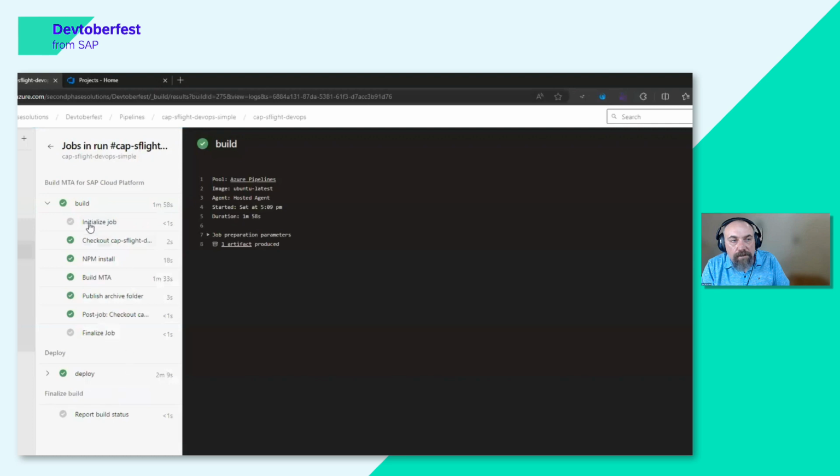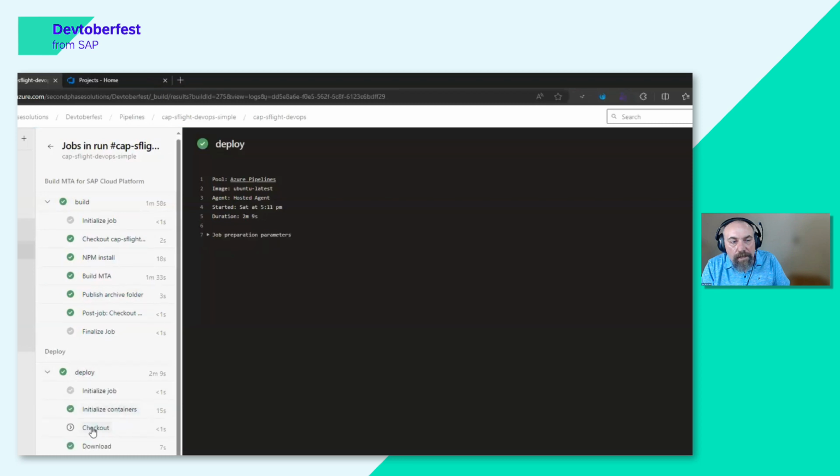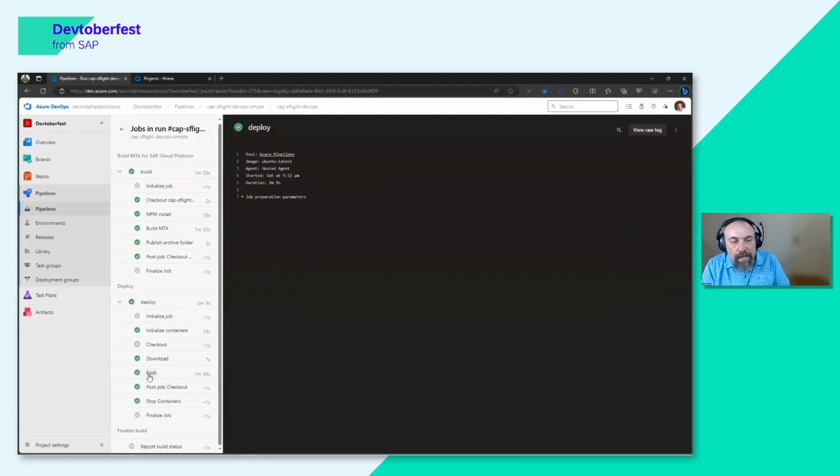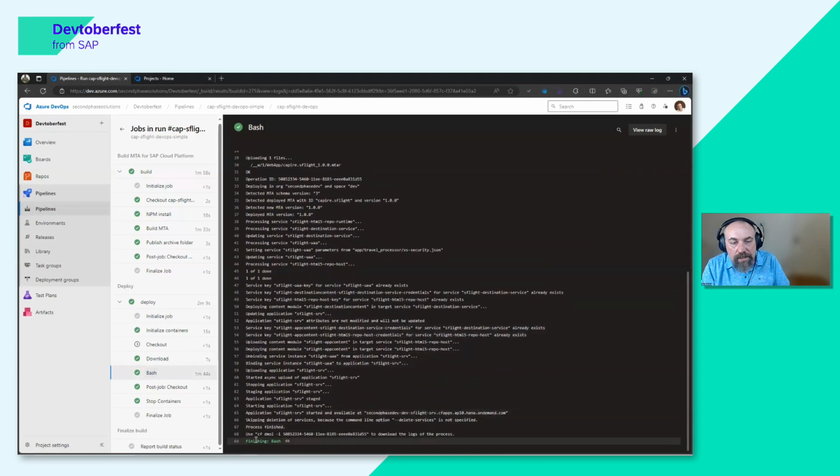Let's go and have a look at the run. Again, it's checking out the code. It's using the npm install. It's building the MTA archive. It's publishing the archive, and then it's going to deploy. It's not checking out the code. It's downloading the archive, and it's running the bash. At the end of the bash, we see the Cloud Foundry